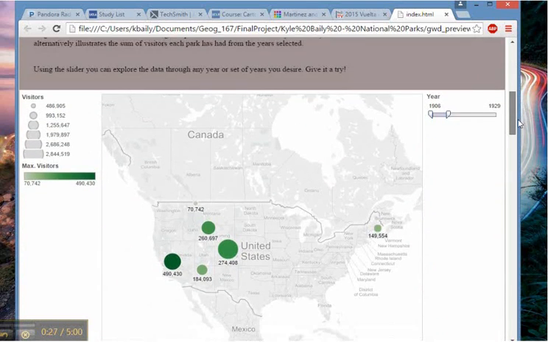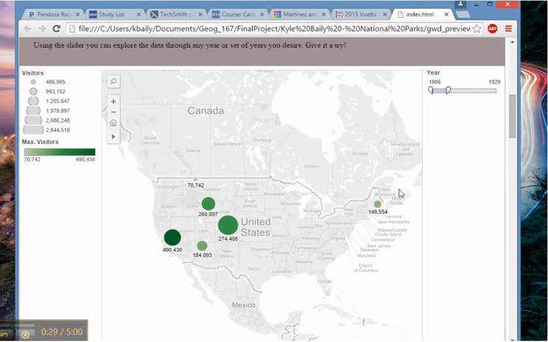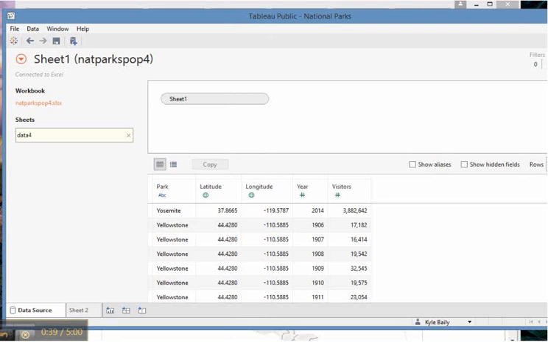First thing I did was I created a Tableau visualization looking at the visitors for the top 10 most visited national parks, and I'll open up Tableau real quick. The way I entered the data in Excel was I added the name of the park, in this case Yosemite, the latitude, the longitude, and I used the transpose tool in Excel to put the year down like this